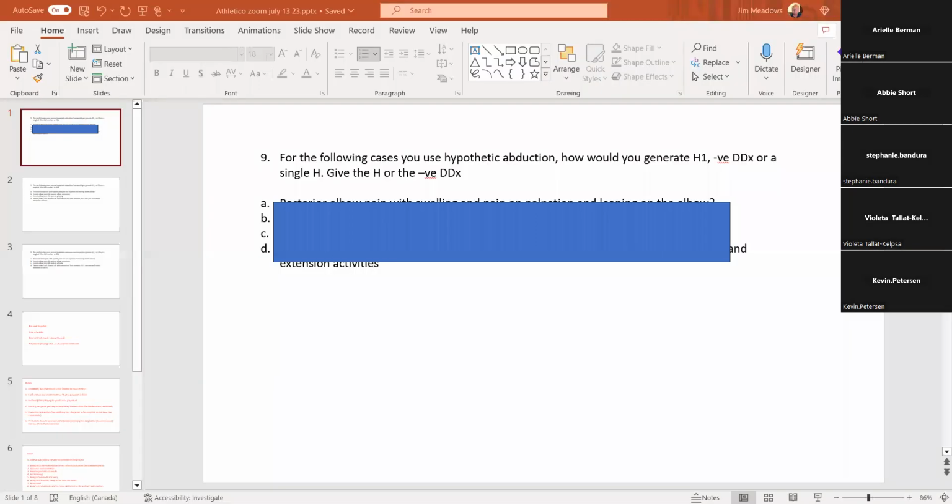And give the hypothesis that you're using or the negative differential diagnosis. And I'll send you a PDF of this as well. Okay, so the first case is